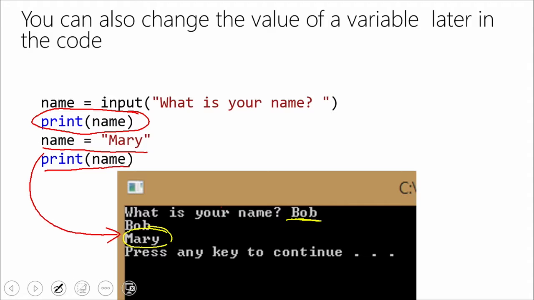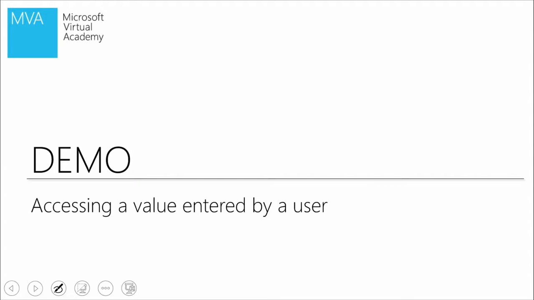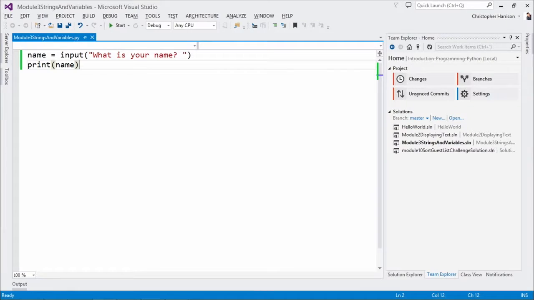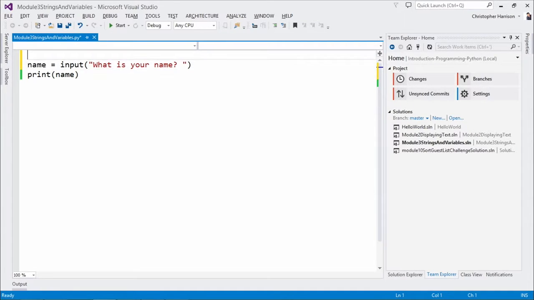Awesome. All right, so with that, let's go in and demo this here. So let me kick out of my slides. There we go. Okay, so we're going to keep on keeping on here. I'm going to throw in a real quick comment here: collect a name from the user. And let's just go ahead and display the name. Excellent habits, commenting your code. Absolutely. And then let's go ahead and update